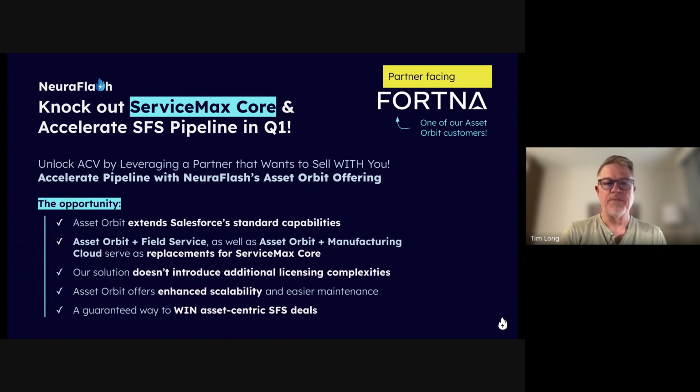The third pathway here is to partner with NeuroFlash, somebody who's built out capabilities on the platform using standard objects, using standard process management tools, and doesn't require license stacking. So we do not require licenses to be added to an organization in order to get the benefits of Asset Orbit. In addition to that, we're more than happy to co-sell with you as the primary point of entry into